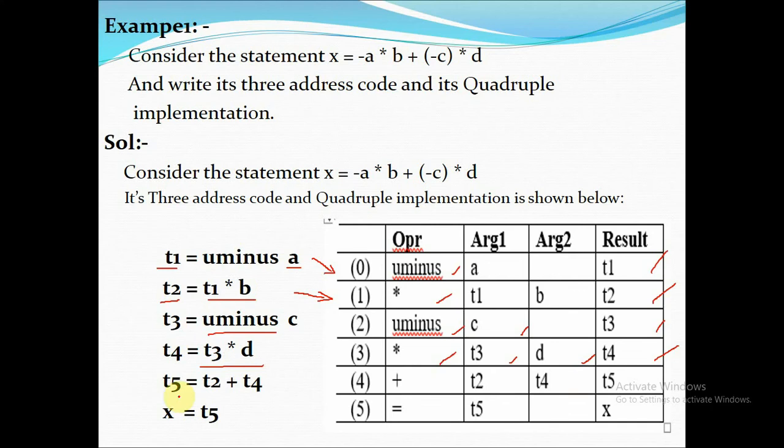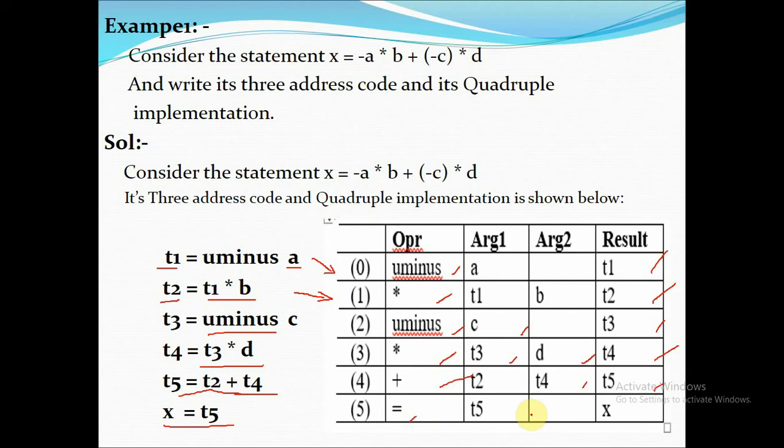Next one is T5 equal to T2 plus T4. Here plus is the operator, argument 1 will be T2 and argument 2 will be T4. The result will be T5. Next, the last statement, the assignment statement, x equal to T5. Here equal to is the assignment operator, so we place equal to in the operator column.